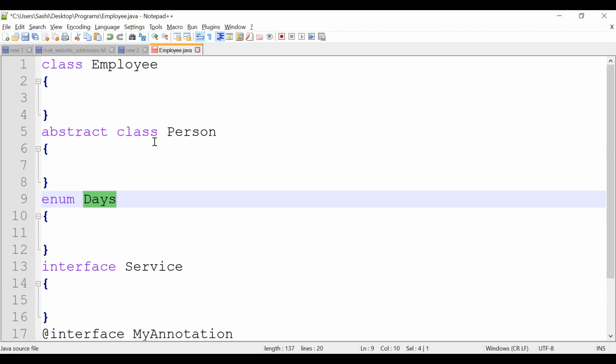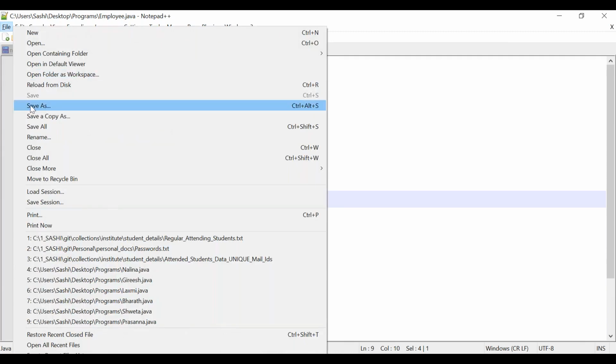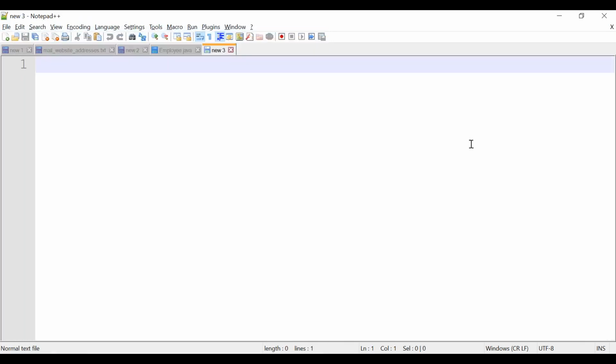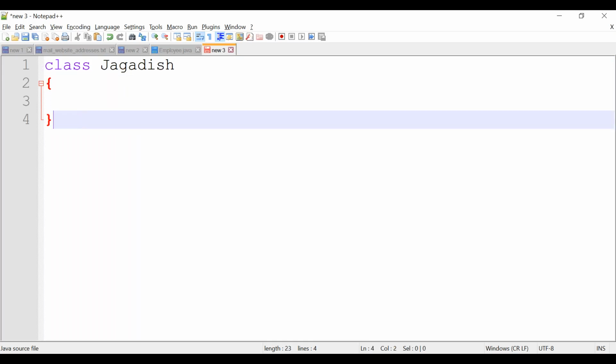Now, I am going to create one more class. Go with new keyword. Consider I am giving the name as Jagadish.